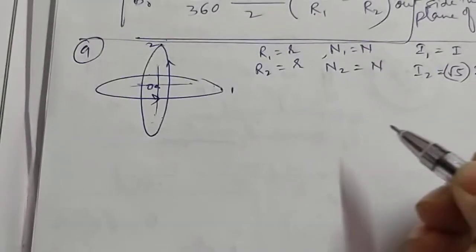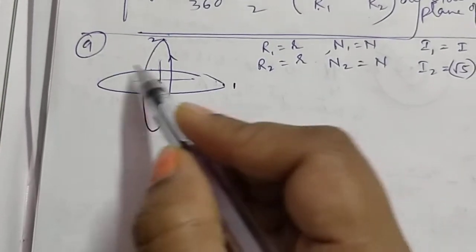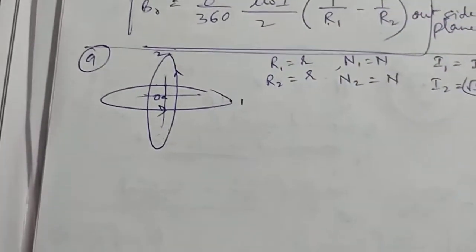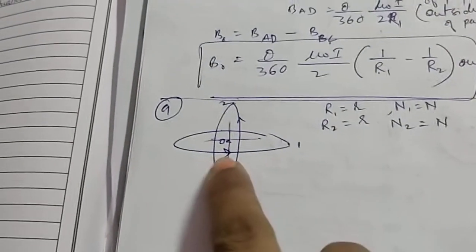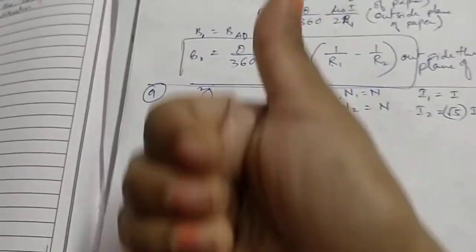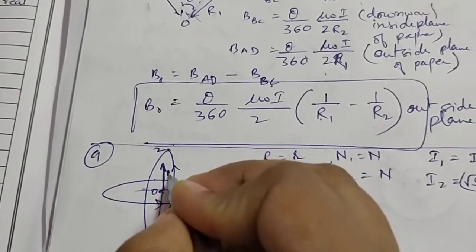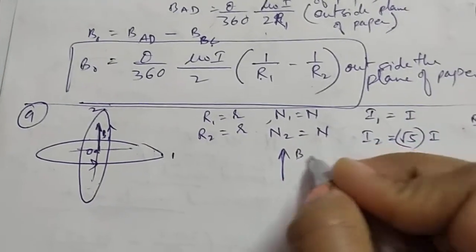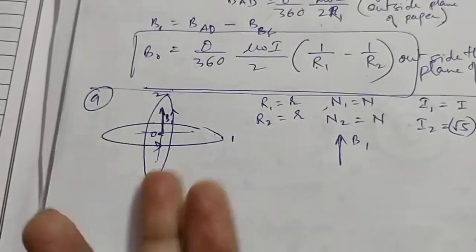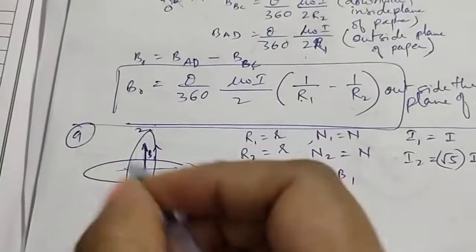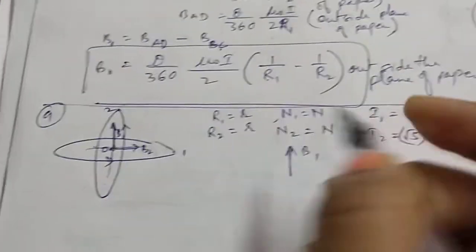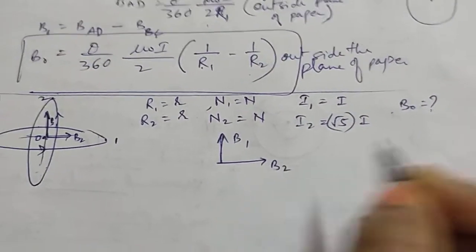horizontal. Okay, now you see, because of this coil, if you see from above, the direction of the coil's magnetic field, the curl is this side. ठीक है, ये वाला जो कर्ल इस तरफ है, तो फिर my thumb is pointing upward. So magnetic field due to the coil 1, this is the magnetic field B1. साइड में ड्रॉ करूँ तो this is B1. And due to this, ये वाला coil 2, so this is the direction, so my thumb is pointing this side, so magnetic field due to coil 2 is this B2, so this is direction of B2.